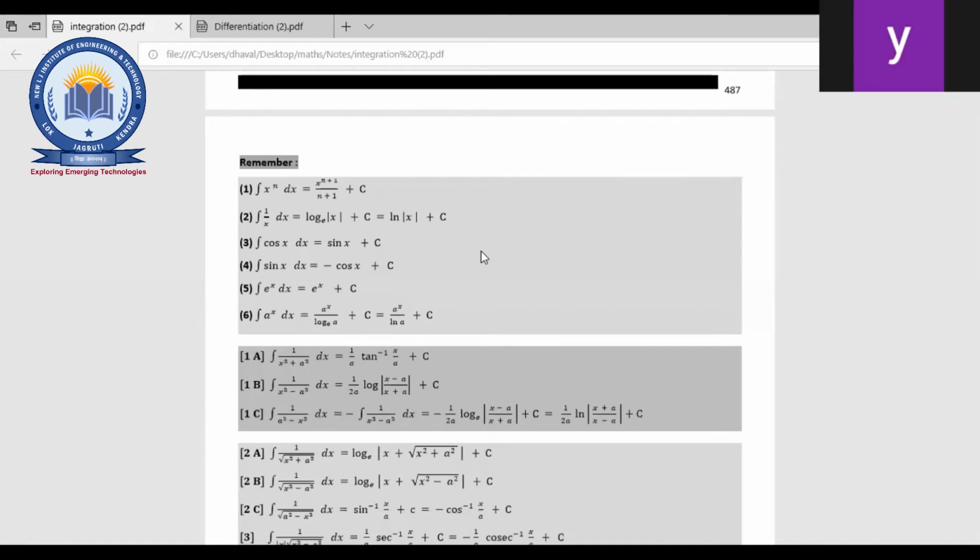Hello, ma'am. Am I audible? Yeah, you are. Integration is basically the reverse process of differentiation. It is one of the main operations of calculus. We do totally the reverse process of what we do in differentiation. Right, okay, thank you. So whatever the thing we are doing in differentiation, integration is totally the reverse process of that one, right?